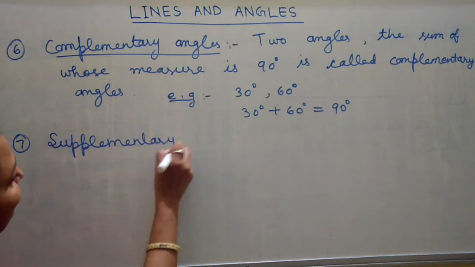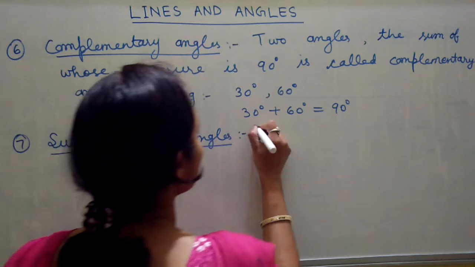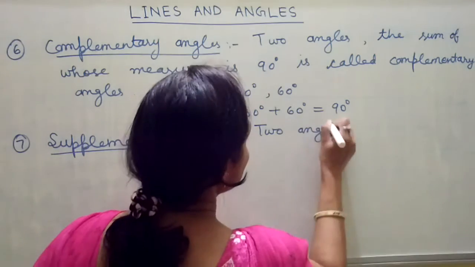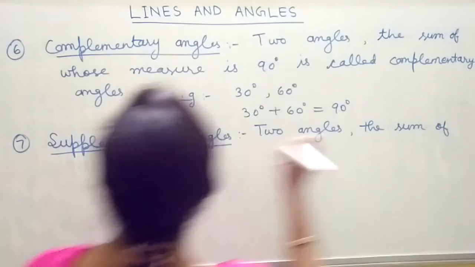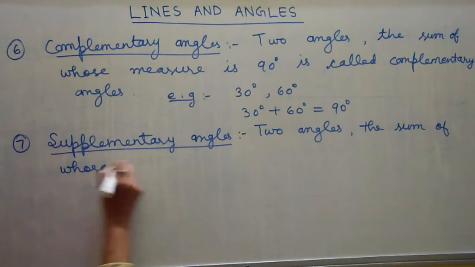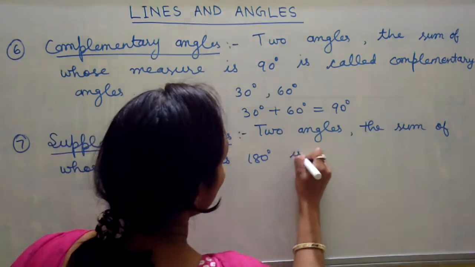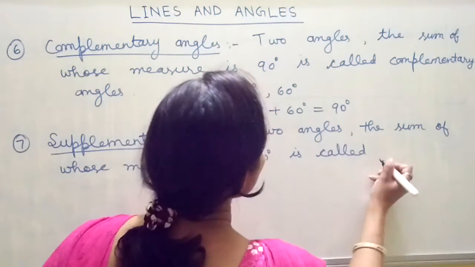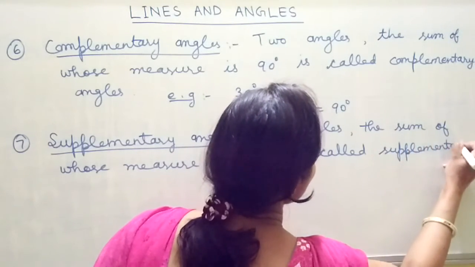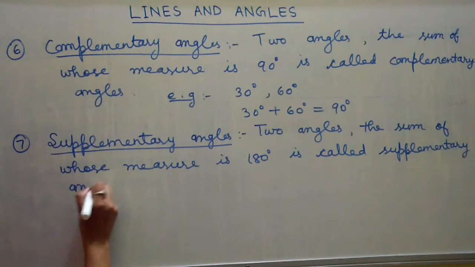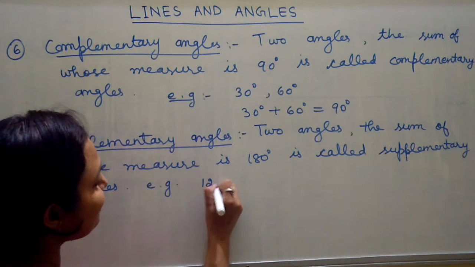Supplementary angles. Very simple angles. Again we talk about two angles the sum of whose measures is 180 degrees, which are called supplementary angles. For example, if we have one angle of 120 and one of 60,